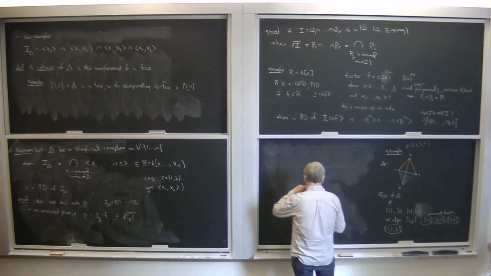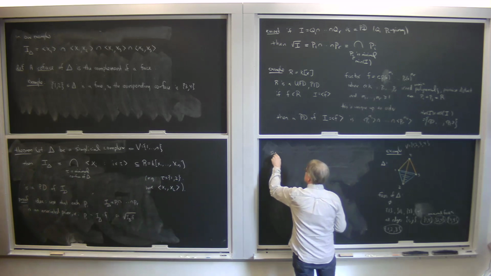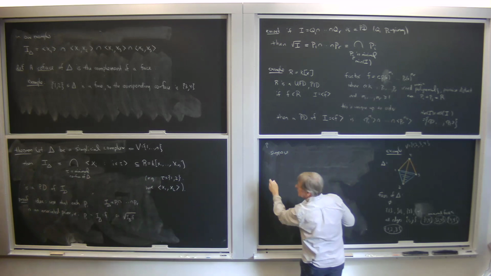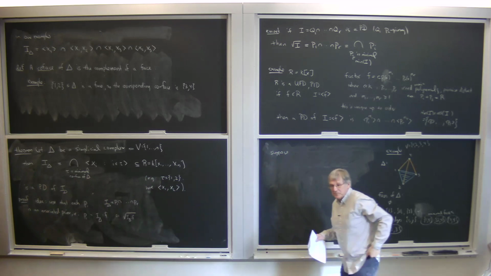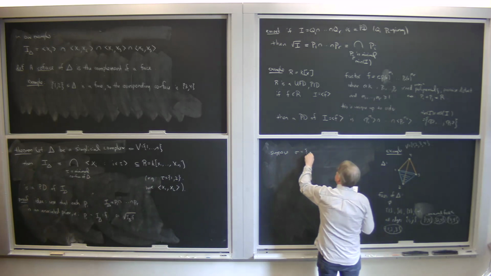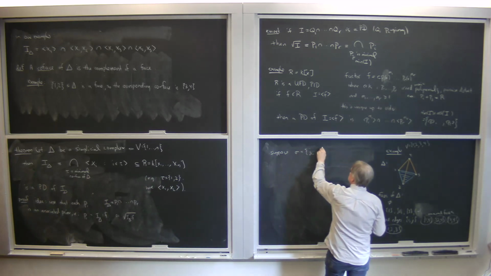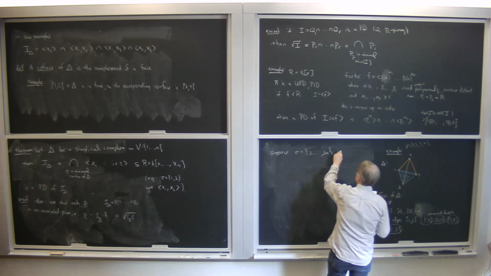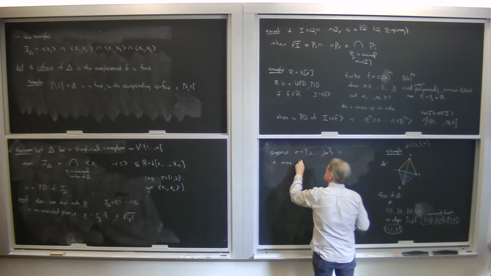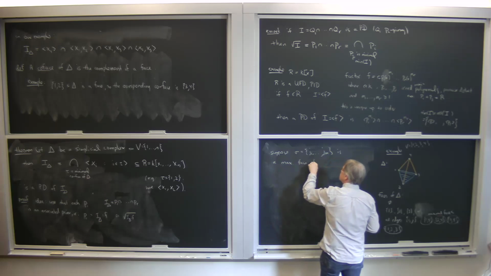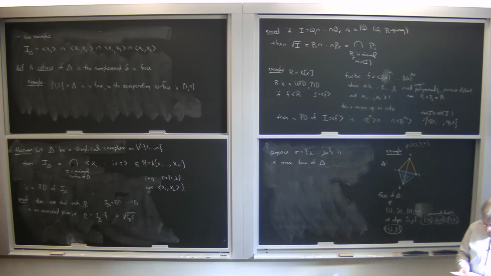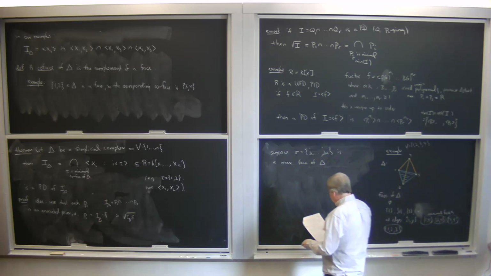So let's see if I can remember how this goes. So suppose, so this is proof. We already started the proof. This is a continuation of the proof. So suppose sigma, say J1 to Jm, is a maximal face of delta. Okay. Then,